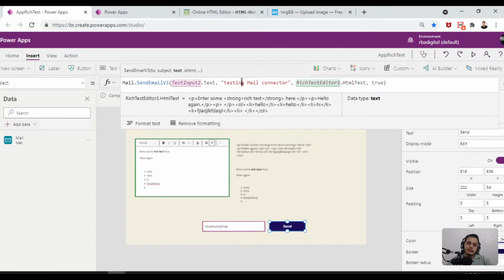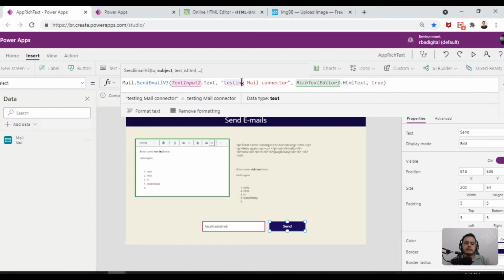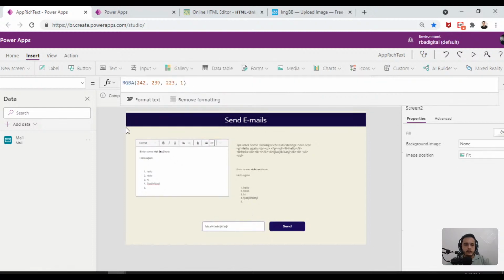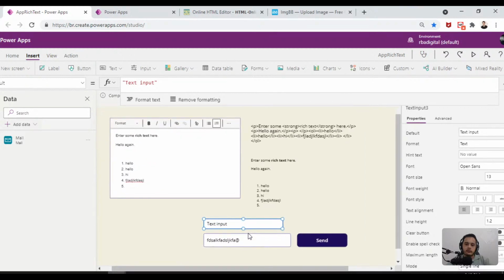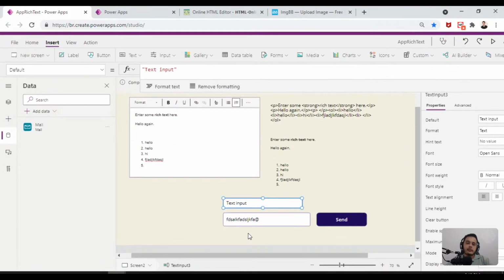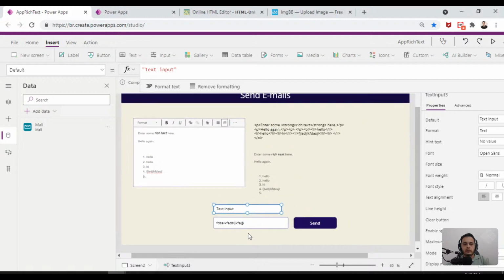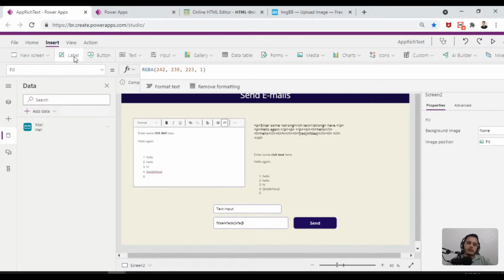Now, for the subject, it's hard coded yet. Let's create a new text input to type the subject. Let's go to insert, text input. Just drag here, close to this other. Let's also insert 2 labels to say to the user that this one is the subject and this one is the to email. So insert label